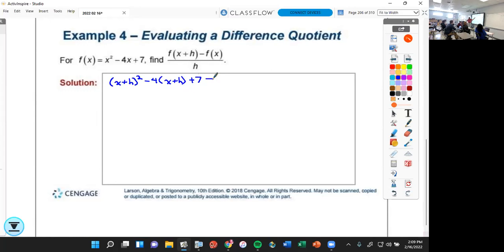That's wrong. We are subtracting the entire function, which means we're subtracting the function, put in parentheses. Okay, so I'm subtracting x squared minus 4x plus 7. Can you see that by putting in parentheses, that negative sign is going to be distributed? Okay, divided by